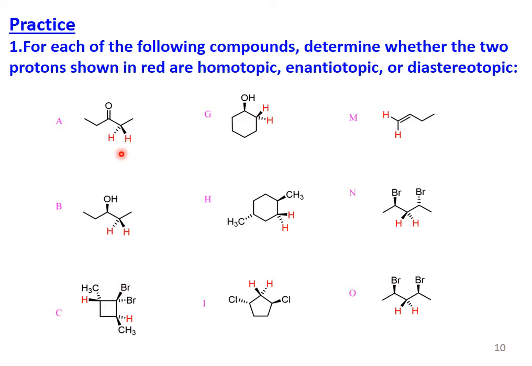These all are for you. I have explained three compounds. The rest of the compounds, like here G, H, I, M and O, in all of them you have to replace any one proton with X and build a relationship of the products, and then you can determine whether the protons are enantiotopic or diastereotopic.